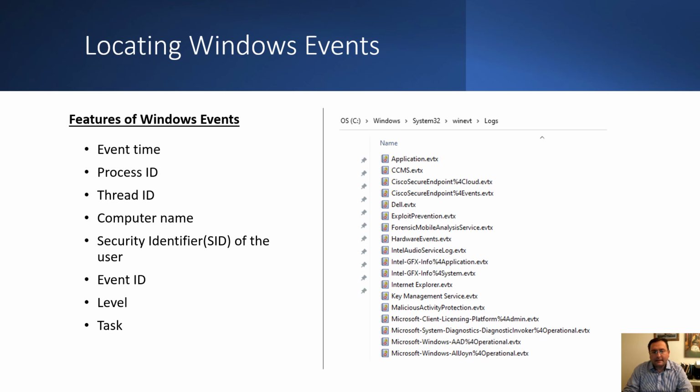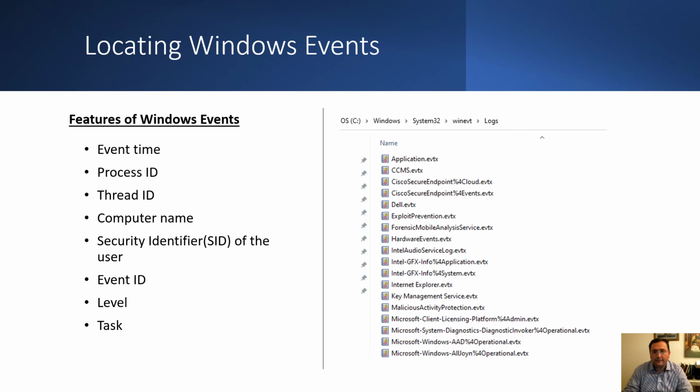Windows events have several features that include event time, process ID, thread ID, computer name, security identifier, and many other features. You can locate the Windows events by clicking the Windows folder, System32 folder, and then the winevt logs folder, and view the log information